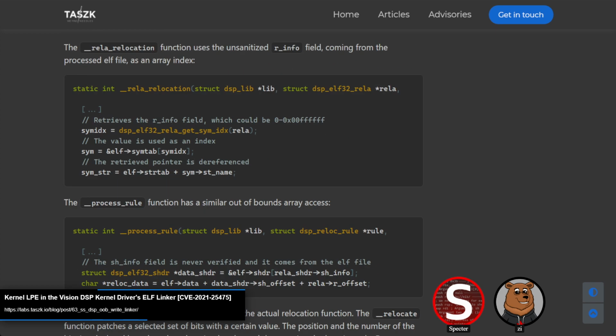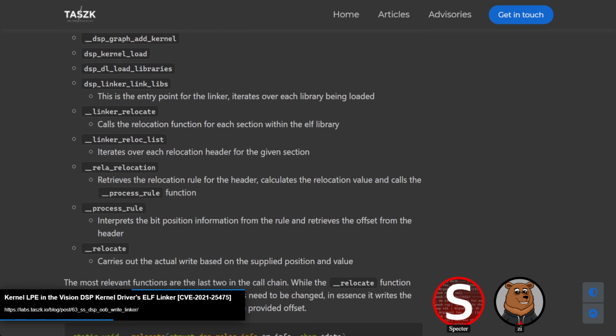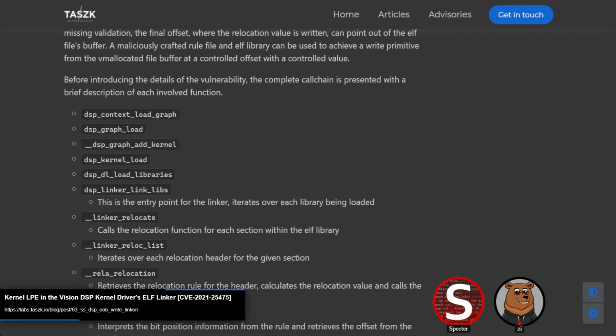I do think these reports go a little bit too in depth on the stack trace and how you get to the vulnerability, but the bugs themselves are pretty simple. Once again, though, this bug is affected by the same restrictions as the last one. You have to be able to get your own ELF file and rules list loaded, so you still need a system app compromise. But yeah, like you were saying, this entire area of code, there's no